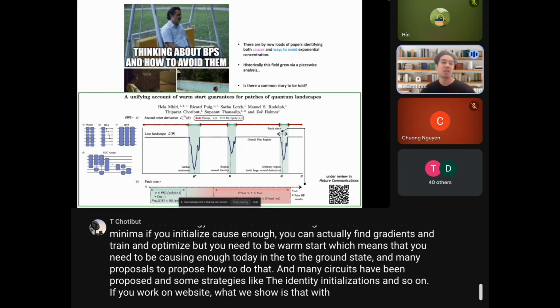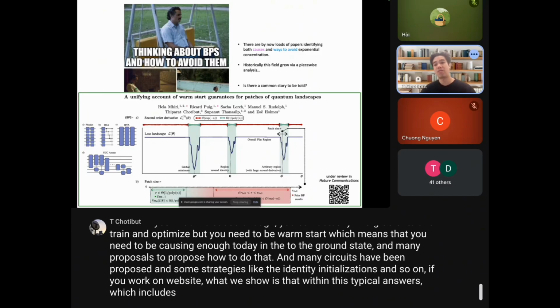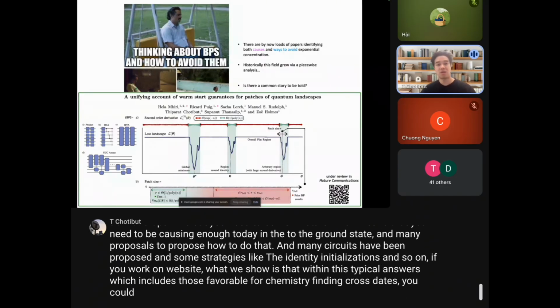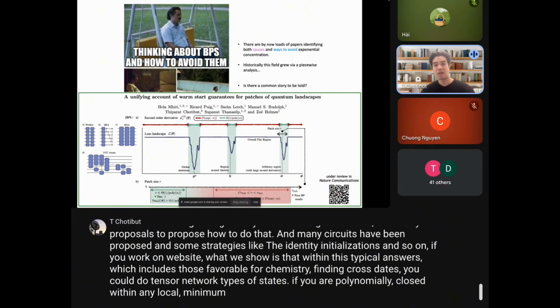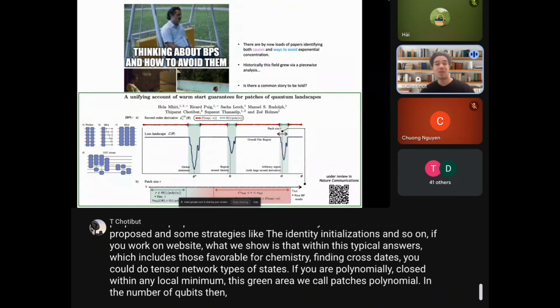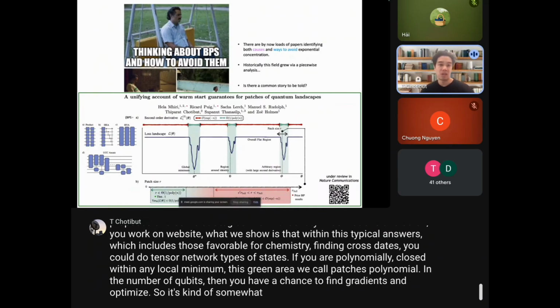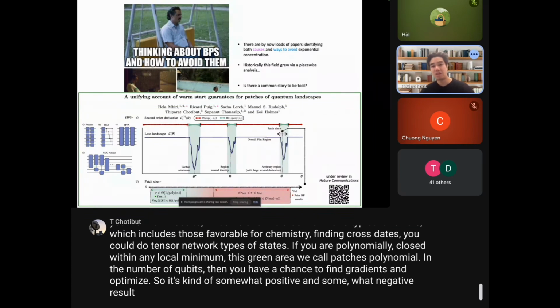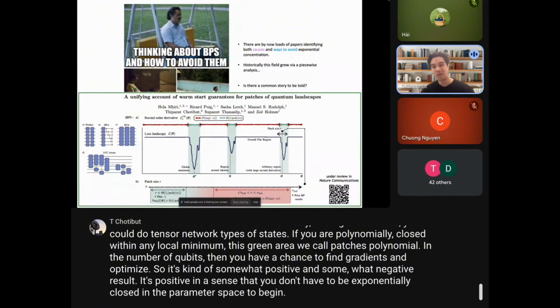What we show is that within this typical ansatz, which includes those favorable for chemistry, finding ground states, you could do tensor network types of states. If you are polynomially close to any local minimum, this green area we call patches, polynomial in the number of qubits, then you have a chance to find gradients and optimize. So it's kind of somewhat positive and somewhat negative results. It's positive in the sense that you don't have to be exponentially close in the parameter space to begin with. If you need to be exponentially